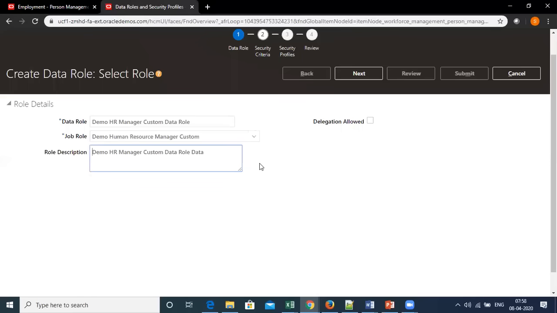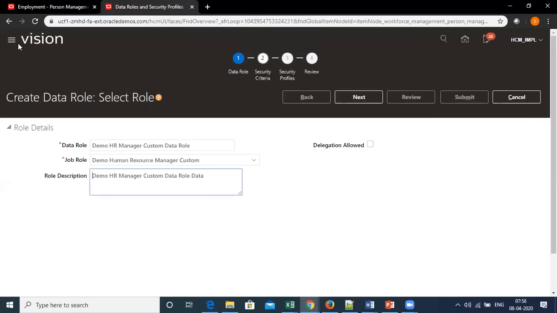Understand that when we talk about job role, it gives you access to only screens or navigator options, but it does not restrict your data access. So here we are defining the data access by creating a data role. Now I can click on next.